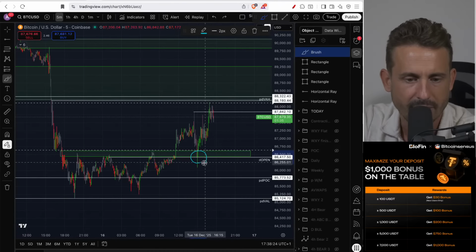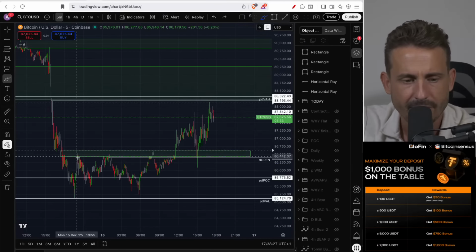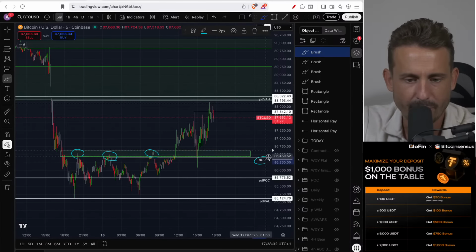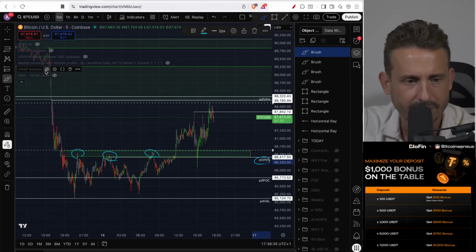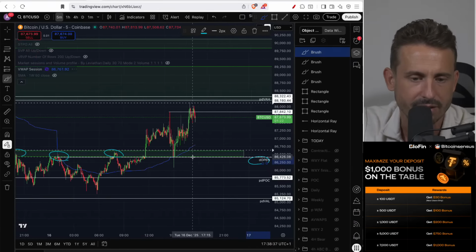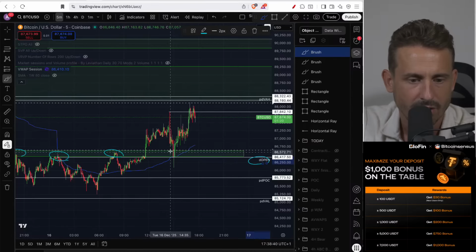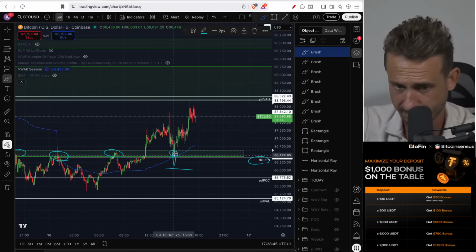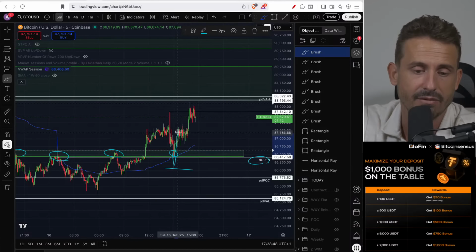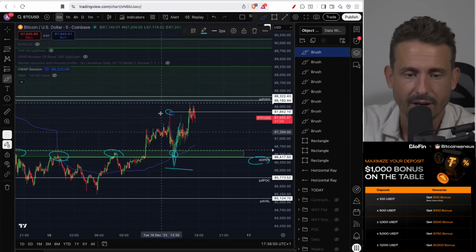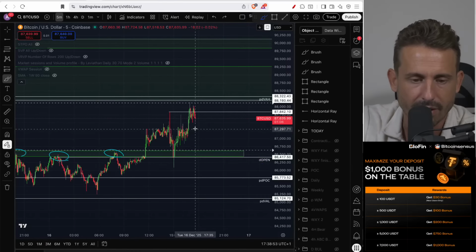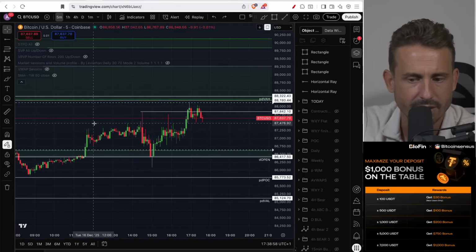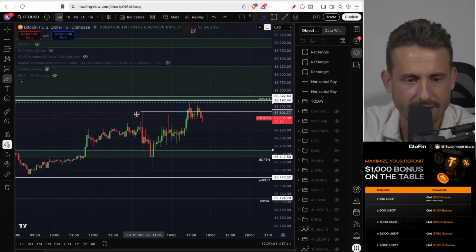Best long trade here would have been at the daily open. You got the highs of the range, daily open, VWAP. I mean, it's an aggressive entry as a scalp, right? You break the VWAP, get above it, sniper trade, stop loss, and you're obviously looking for the possibility to take out this high. And the thing is, as we mentioned at the beginning of the stream, the probabilities locally were to hit these highs,